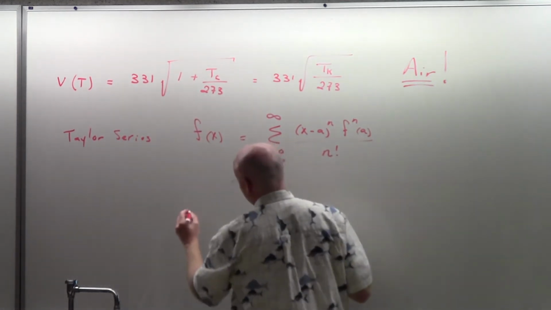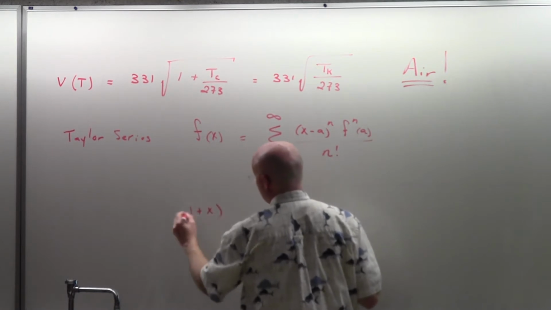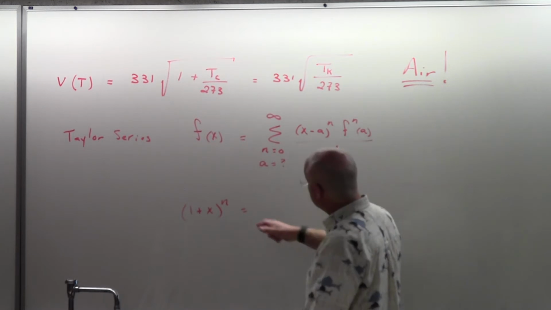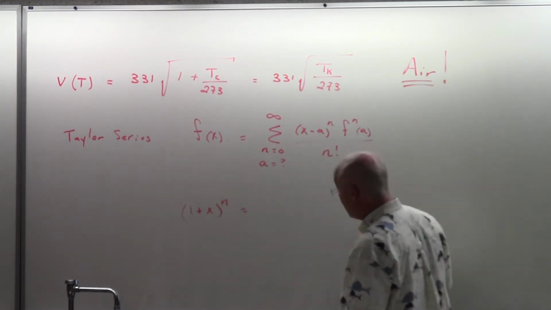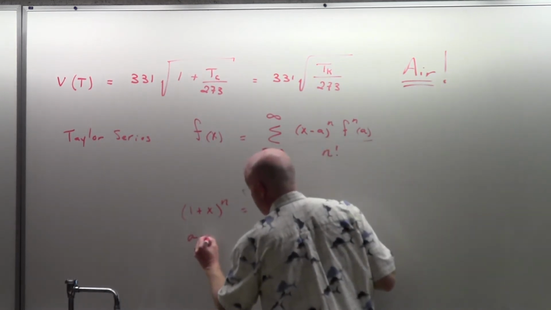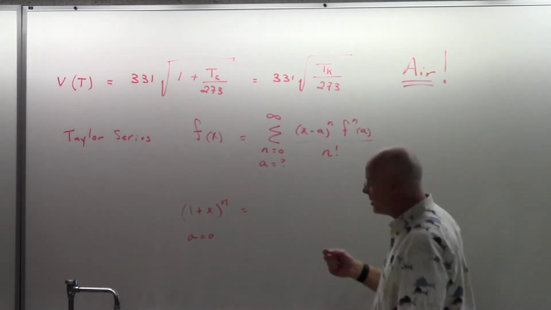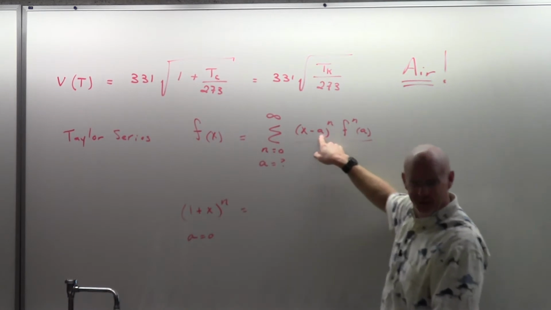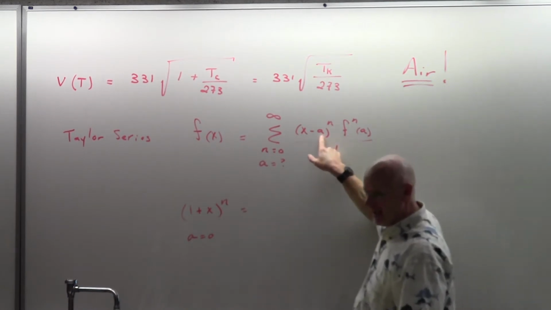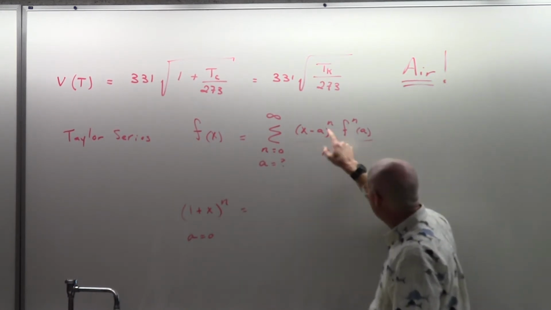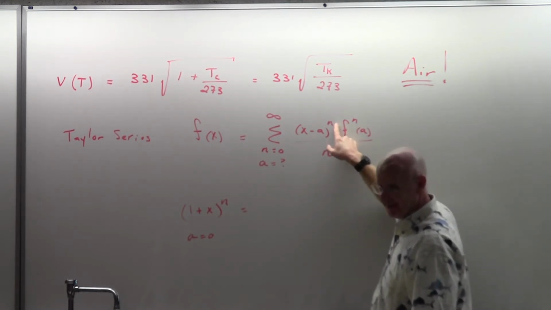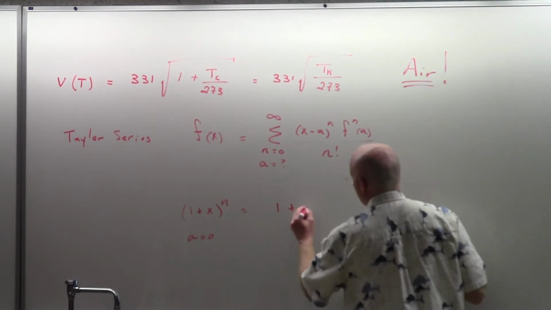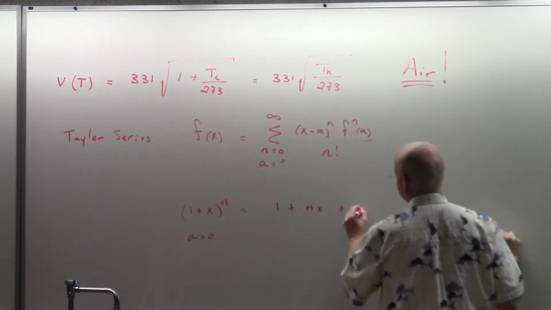And so this function, 1 plus x raised to a power of n, if we did take the time to do this, setting a equal to 0 is a nice one because x minus 0 is a lot better to work with than x minus 5, and then you raise it to a power of 10, right? But what you can see here is you would start to get